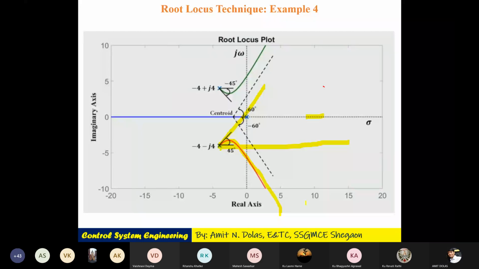how to find out what are the angles. Have to calculate angle of departure in the cases where it is moving toward infinity, and again number of asymptote, their angle, and if these roots are not moving towards infinity, and if it is crossing the imaginary axis, then you have to calculate these points which are the intersection of imaginary axis. And what came here? It is plus j under root 32 and minus j under root 32. There only this root has crossed the imaginary axis, because it is a calculation. So this is all about the root locus and this complete problem.